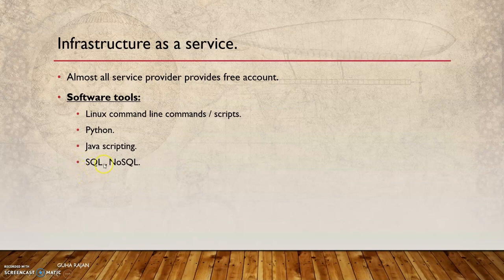Oracle will use the Oracle database, whereas Azure, Microsoft will have Microsoft SQL Server. NoSQL is particularly important for big data. But what is important is that almost all the service providers, be it Google, that is called GCP, or Azure, or Oracle, which is called Oracle Cloud Infrastructure, or Amazon, which is called AWS,